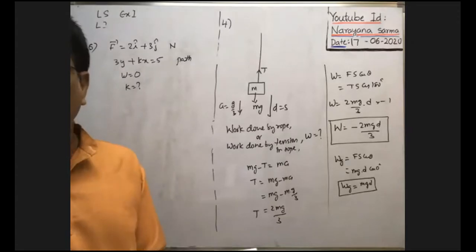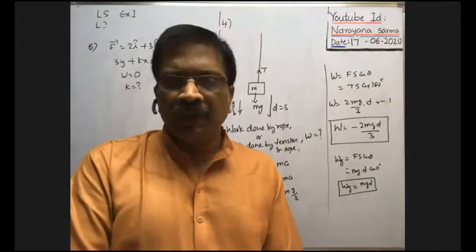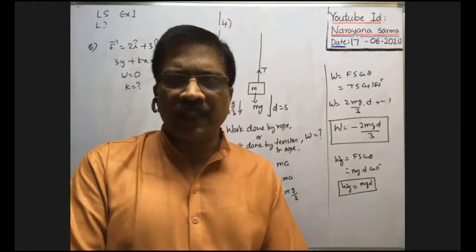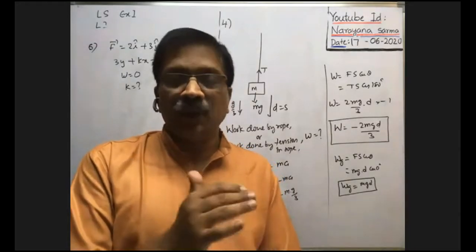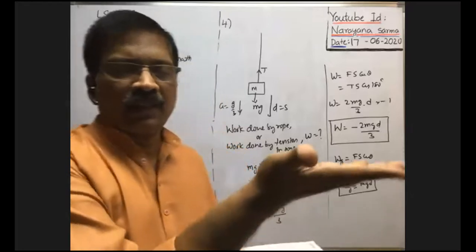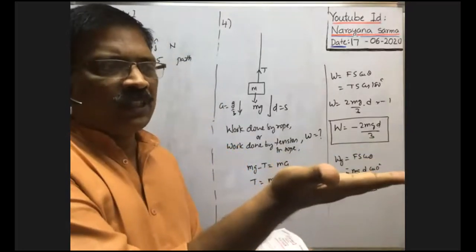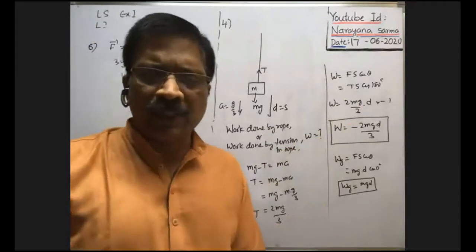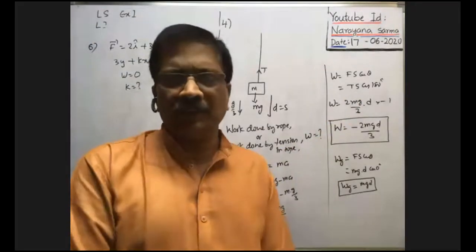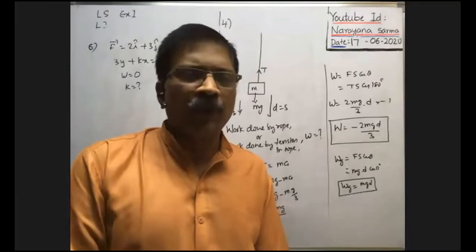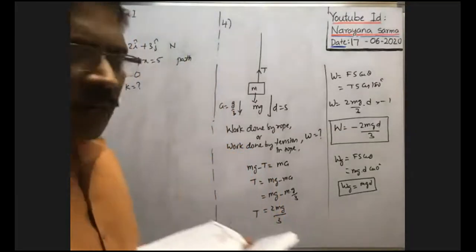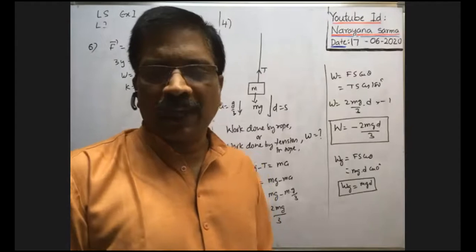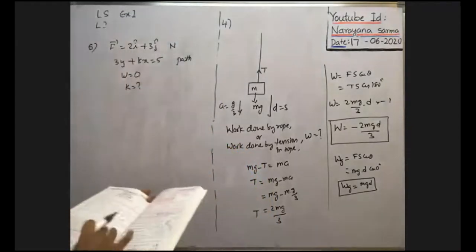Fifth sum is a direct problem, no? Already in the last classes, in the note points, I discussed when the rod is displaced through an angle theta, what is the work done? That is a formula, that is only it. Already I said it is a direct formula. That's why I'm not discussing. So you do it as homework. If you are not getting it, tomorrow you ask me, I will explain. Okay. Next, very important problem.